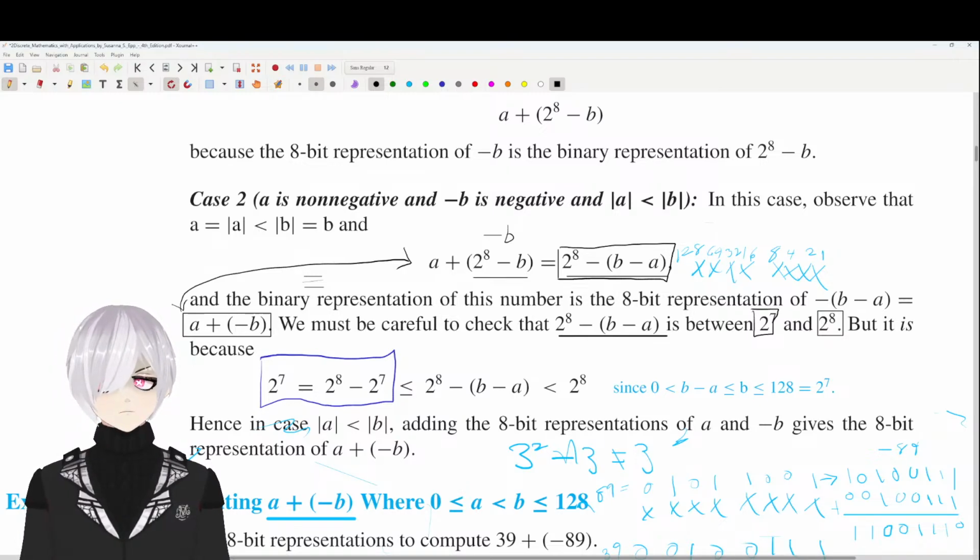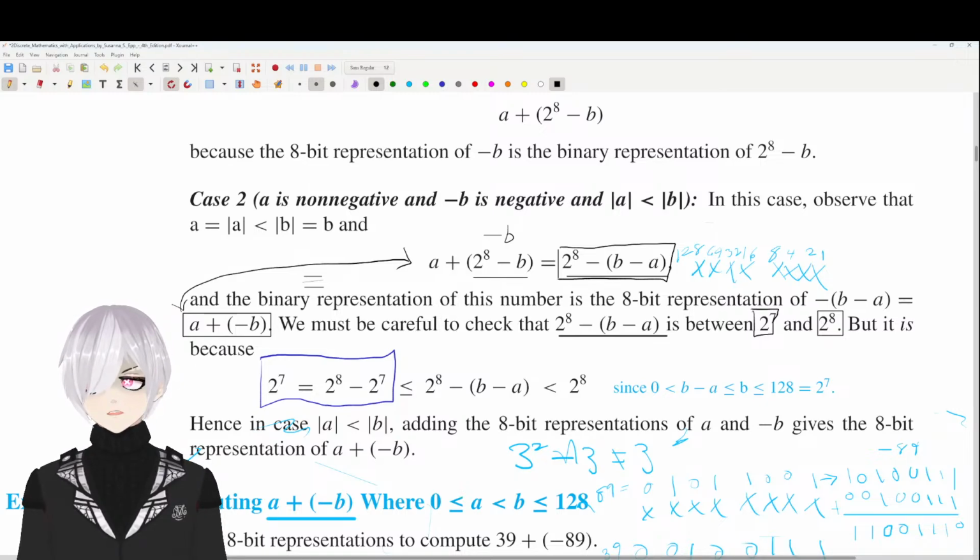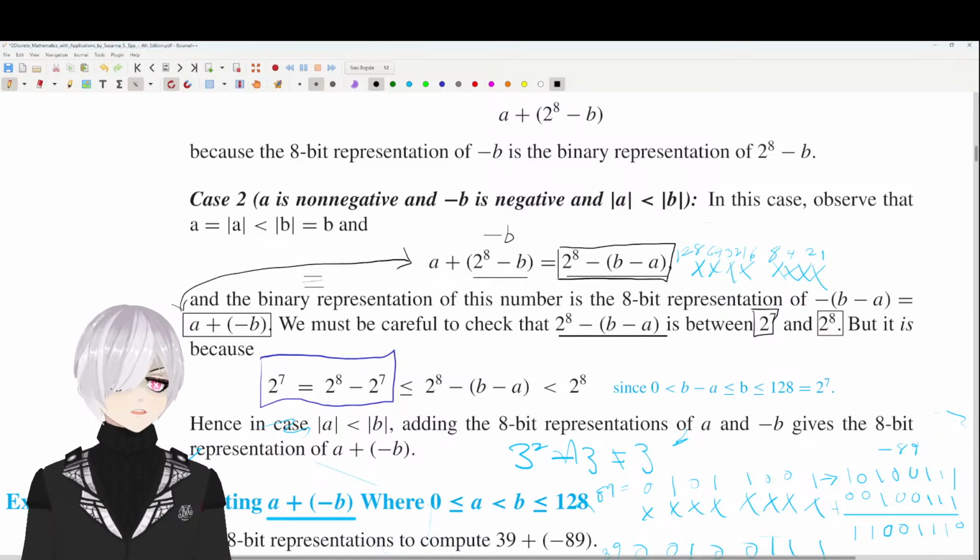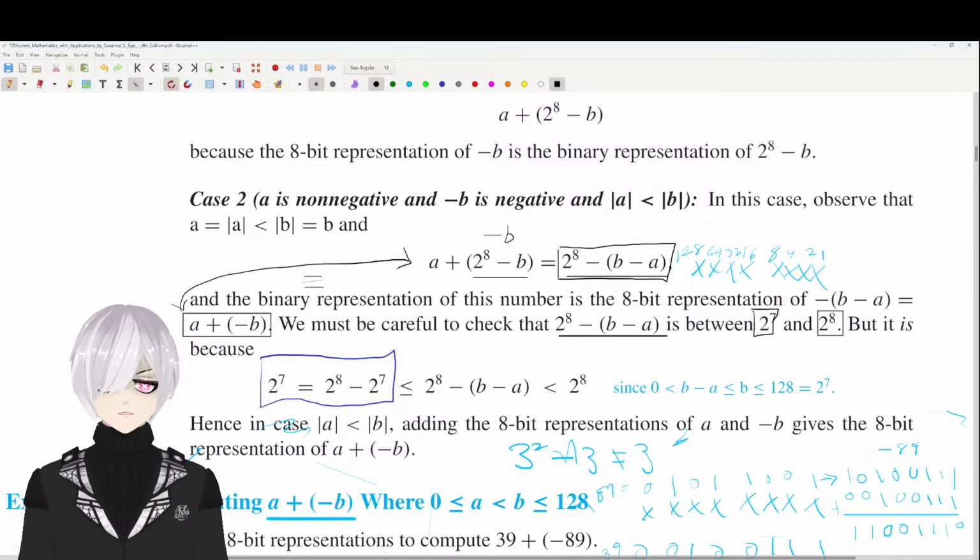And then they need to prove that 2 to the 8th minus (b minus a) is greater than 2 to the 7th. Or that it's less than 2. Oh wait, that's greater than or equal to. Yeah. So they say that 2 to the 8th minus 2 to the 7th is less than or equal to 2 to the 8th minus (b minus a). And that's because,